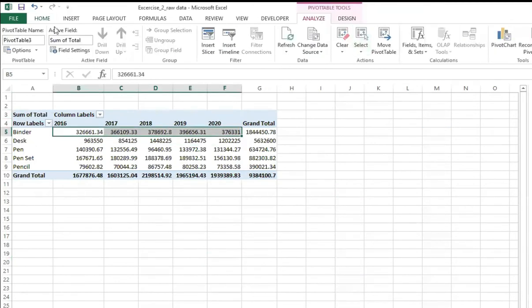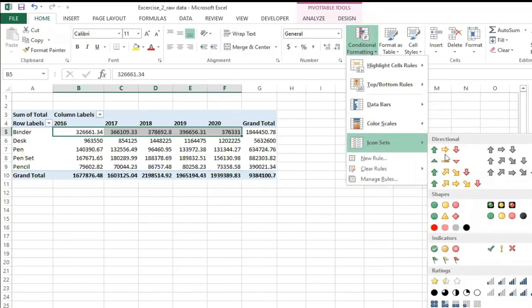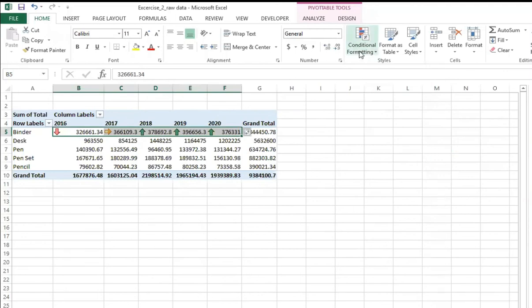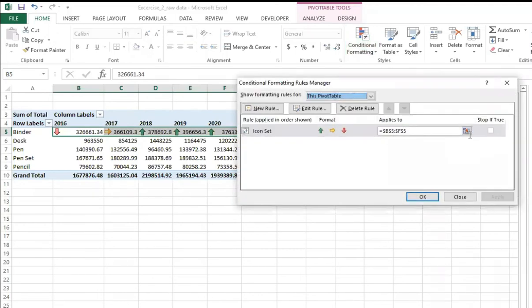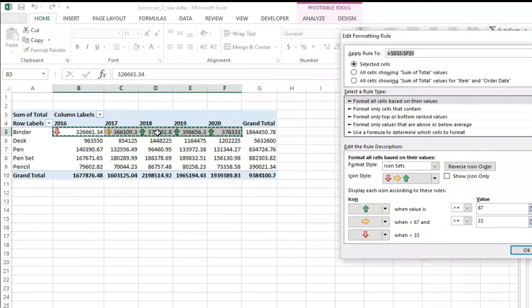And what I'm going to do is I'm going to insert the arrowheads here. Right? And if you want to see the rules of it, I'll show you the rules. So above 67%, it's giving me green. Right? It's relative to the entire data. Okay. So above 67%, it's giving me green. Above 33 to 67, it's giving me yellow, and below 33%, it's giving me red. Okay, and that's the trend of how the data has worked on a yearly basis.